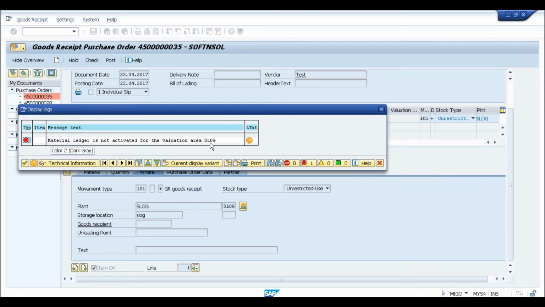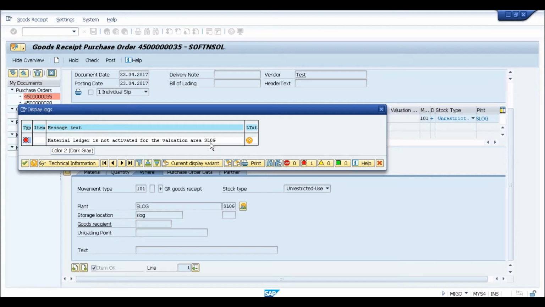If you are using the material ledger functionality, it involves a separate set of tables. There are 10 or 12 different tables which are only required if you are using material ledger functionality. And if you are not using that functionality, then SAP provides the traditional inventory valuation tables which are already available in ECC. So in ECC, you have 10 or 12 tables which are related to old valuation, and there are another 10 or 12 tables which are related to material ledger valuation.